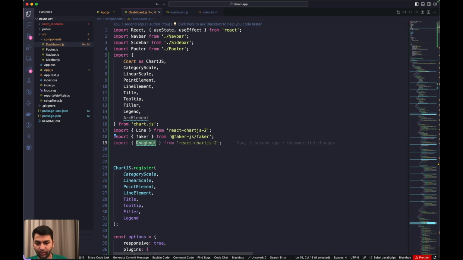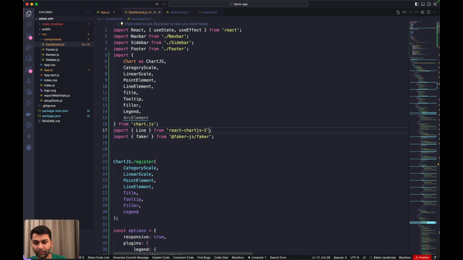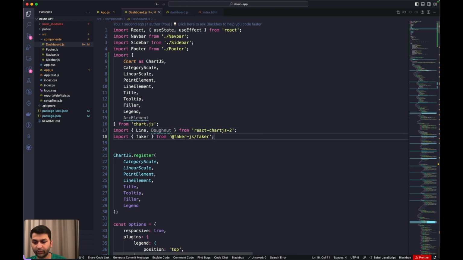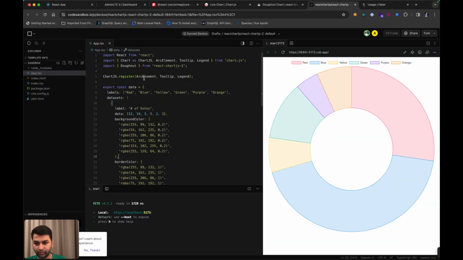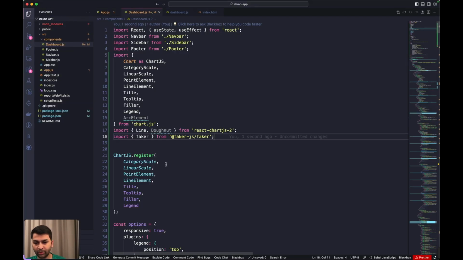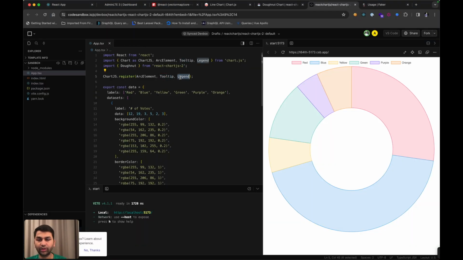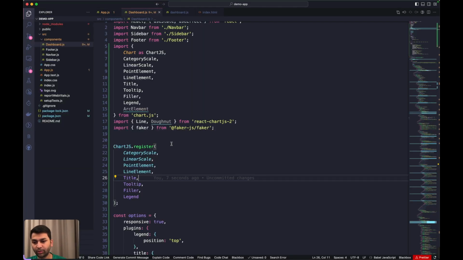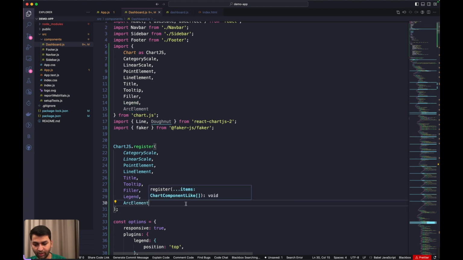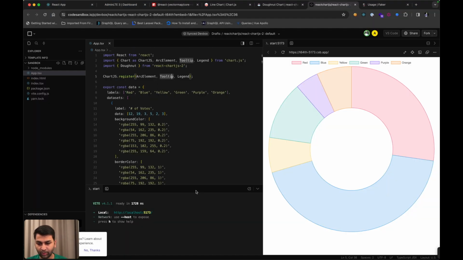And this one also, we don't need this line. So we have to register elements, and tooltip and legend are already registered. We just need to add arc element, because this is a new one that is coming specifically for